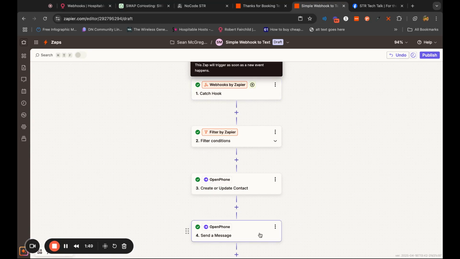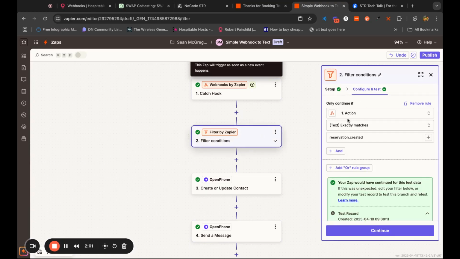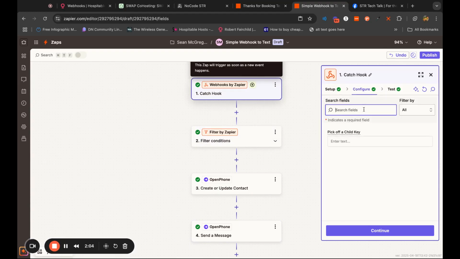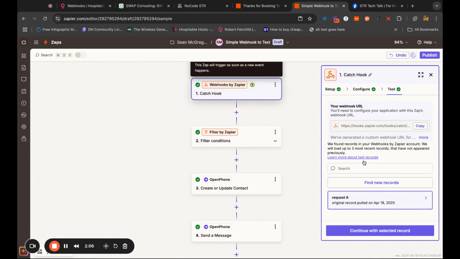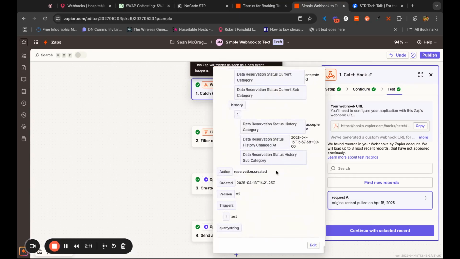So if you texted the guest each time and they just added an email or they changed their dates, they would get a new text message each time. So one step I recommend is Filter by Zapier. And in this data, at the very bottom, it has action, which is reservation created. There's another called reservation.updated. So if we just put it towards reservation created, this message is only going to go out whenever a